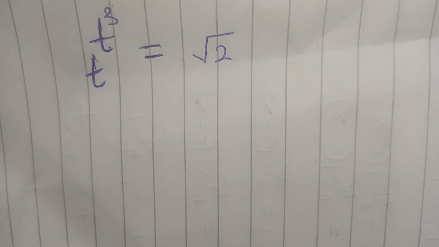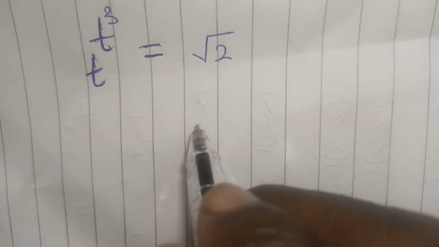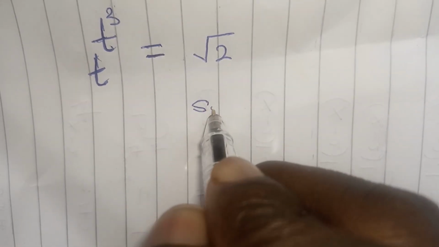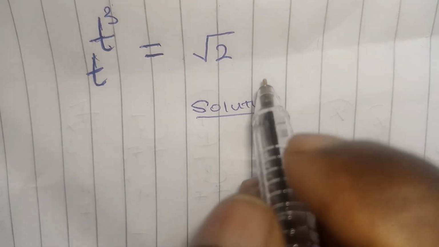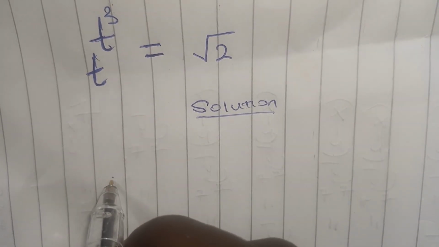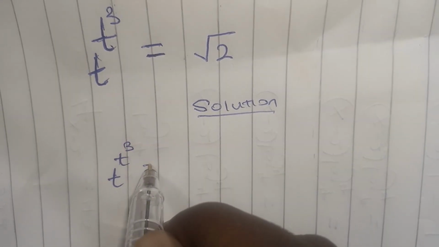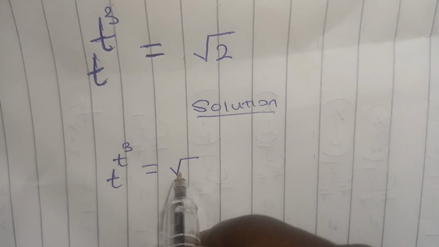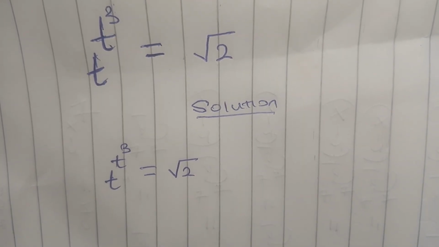So let's solve this challenge. It's an interesting challenge. So, solution. Since we have this challenge, we're going to say t to the power of t to the power of 3 is equal to the root of 2. If we are to solve this challenge,